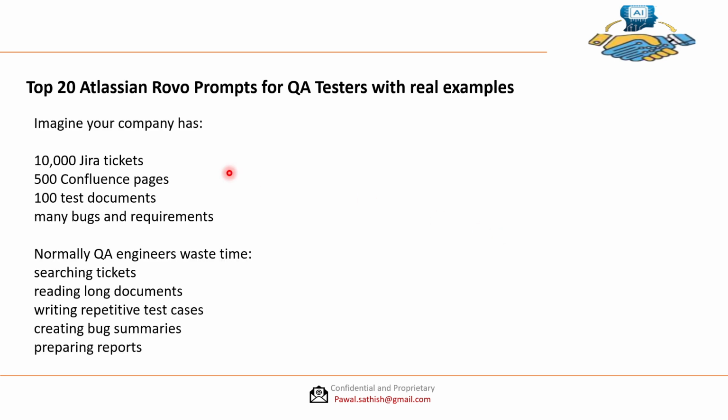Now here we'll consider one example. Suppose your company has thousands of Jira tickets, 500 Confluence pages, 100 test documents, and many more bugs and other documents. Normally as a QA, when we need to find something, we waste time searching documents, reading long documents, writing repetitive test cases, creating bug summaries, and preparing reports. As a QA we do these activities, but with the help of Rovo